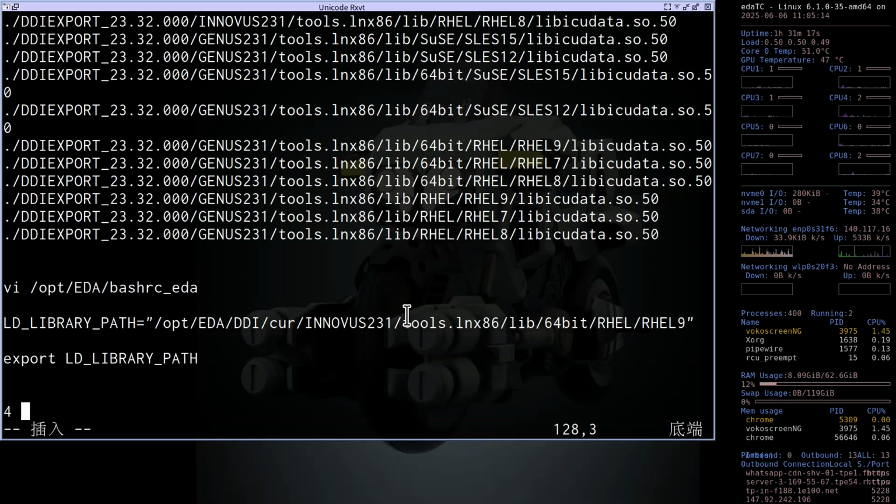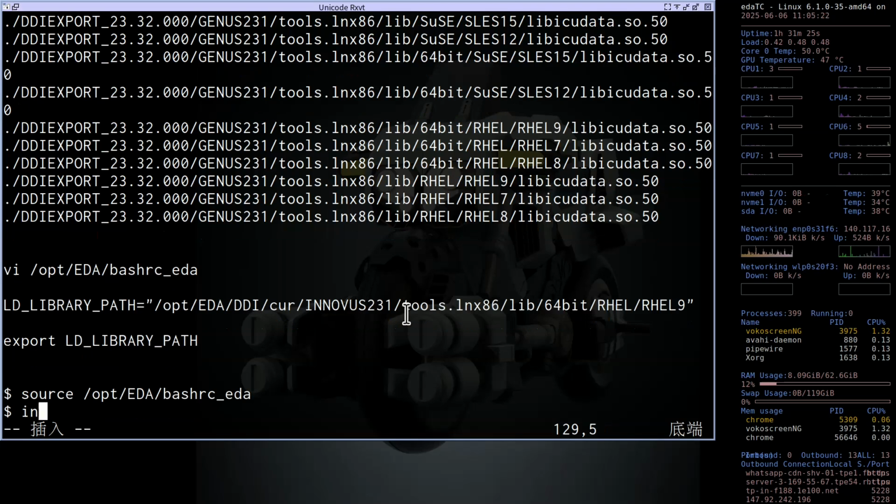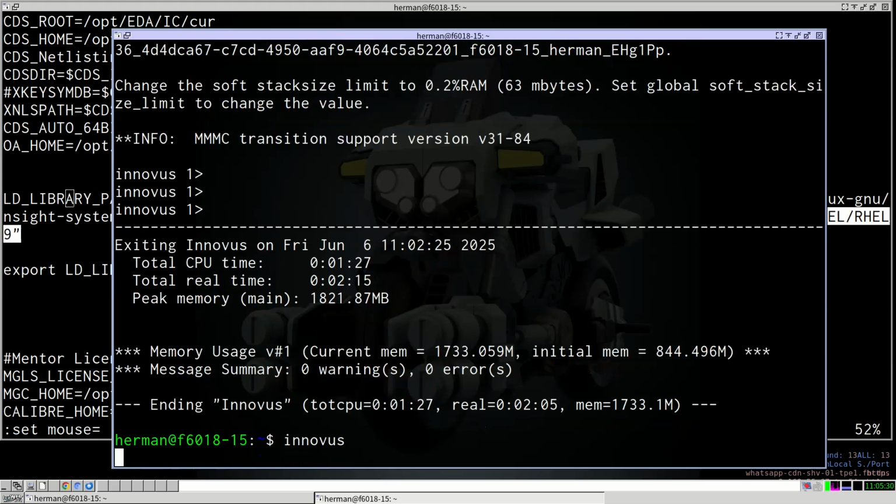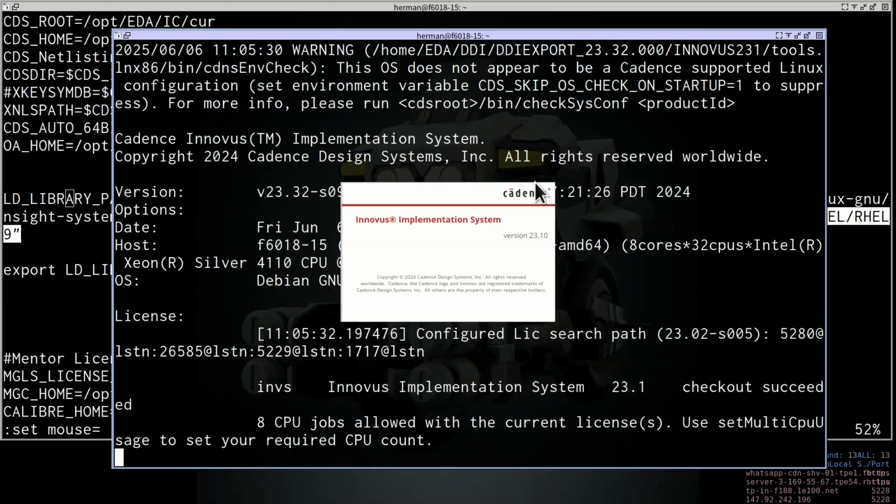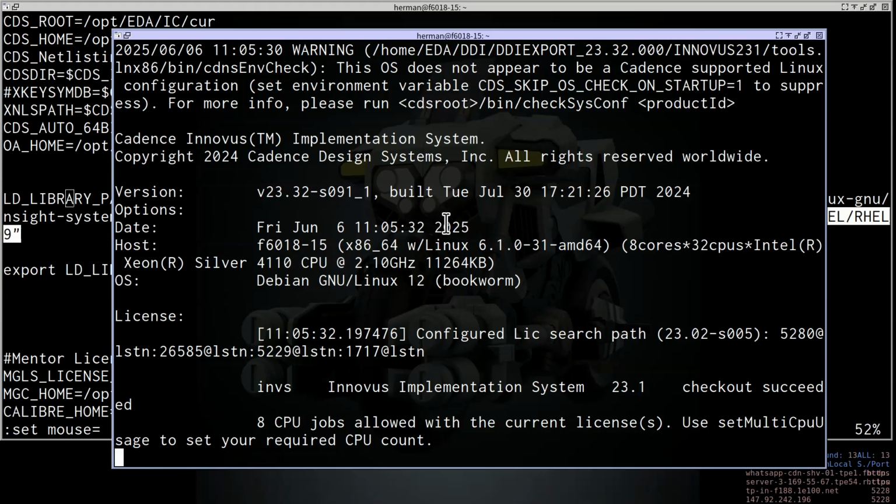Then we use a normal user to source opt eda bash rc eda again and type innovus. This time, you can see the interface of Innovus. So finally, you finish the installation of the Innovus implementation system.